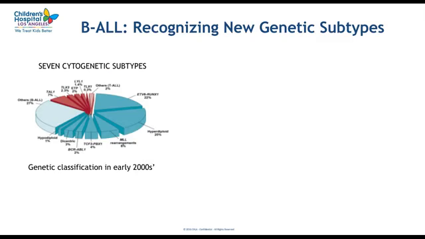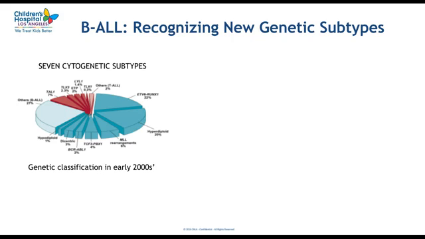So just to briefly explain, why are karyotype and FISH not sufficient anymore for our clinical workup of acute leukemias in children? If we take the example of B-ALL, about 15 to 20 years ago, we only knew a handful of cytogenetic subtypes, maybe about 10 different ones that could be picked up and characterized by chromosome analysis. And in more than 25% of the cases, the underlying genetic driver remained unknown simply because karyotype could not pick